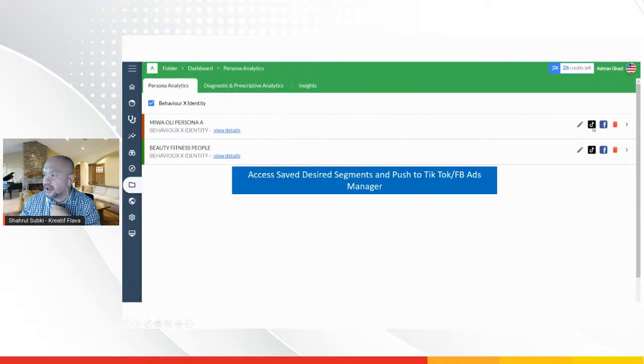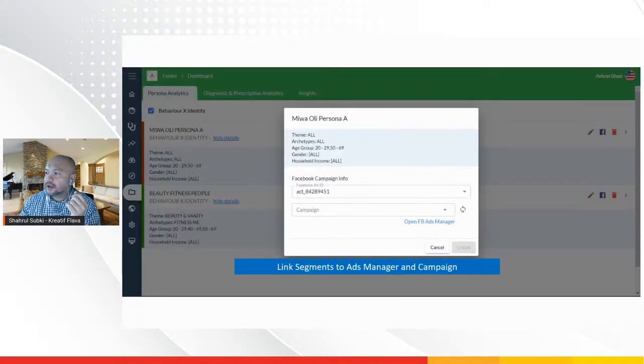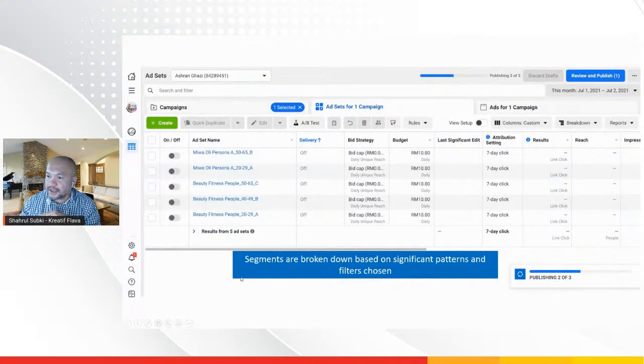You see this: TikTok, they have Facebook, and then later there will be Media Prima as well. And from here, it will link up to your Facebook ad set. For example, in your Facebook, you have a Facebook business. So from there, you have a certain campaign that you already created. So from here, when you click, it will link, and this is auto-generated from the